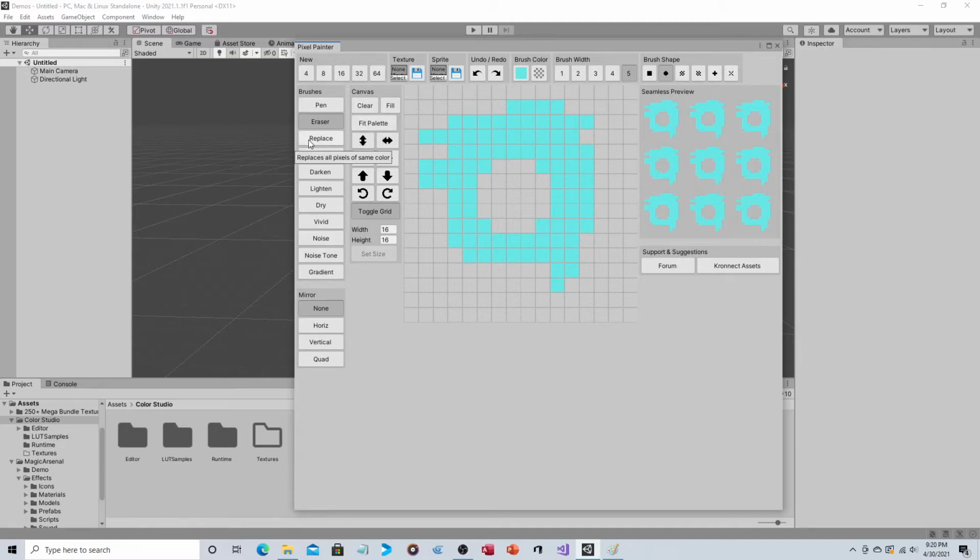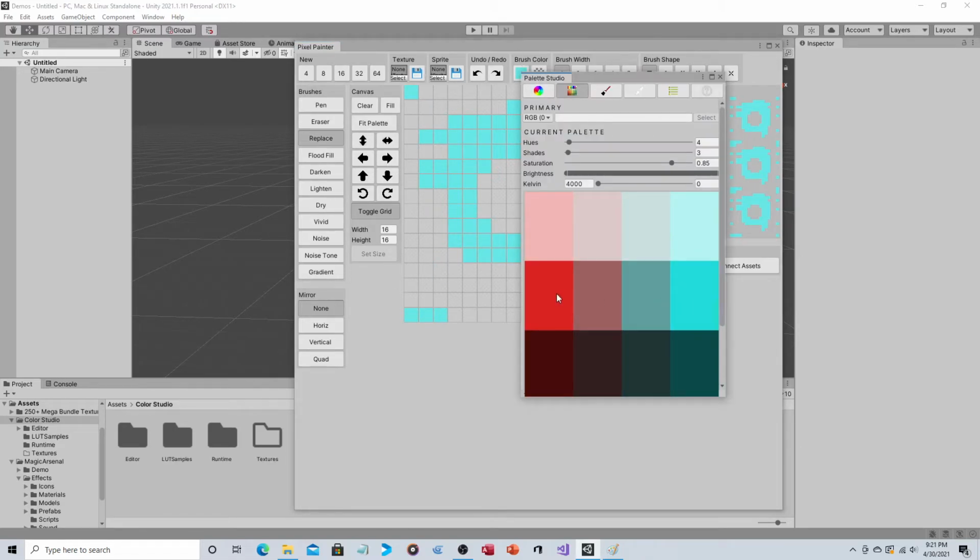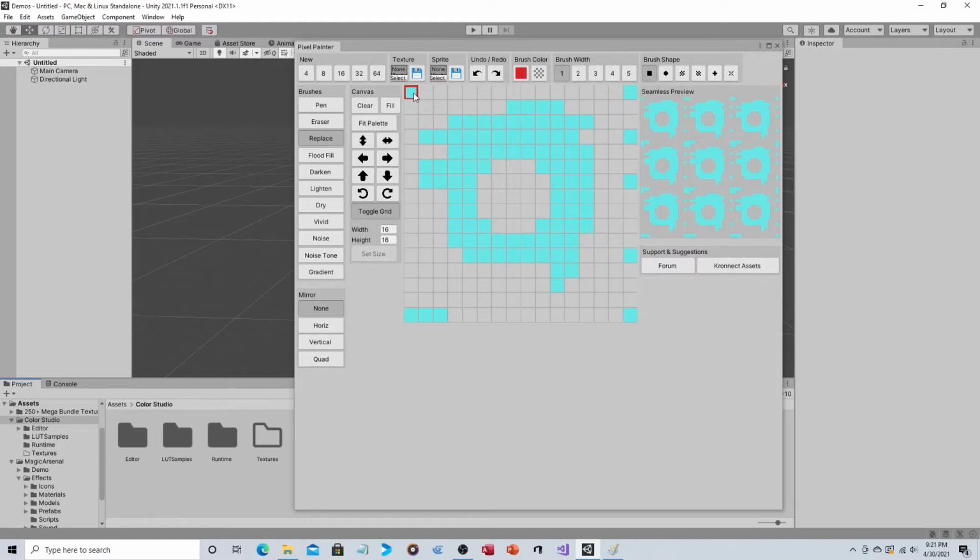So it's a combination of the brush plus the shape, which is pretty typical for paint programs. And then you have replace, which lets you replace all instances of a color with another color. So say you're trying to come up with a palette swap. Then you basically would be able to one at a time choose the colors you want to swap them out with. If you want, just to show you that this is working, we'll put a couple more here that are not connected, just to keep me honest. And so if we click on replace,